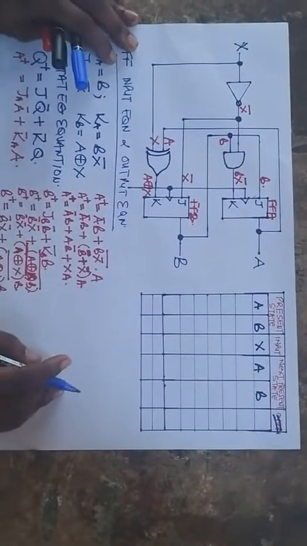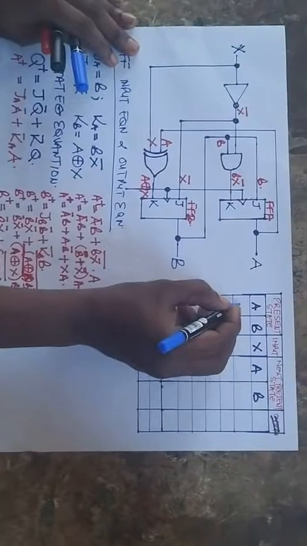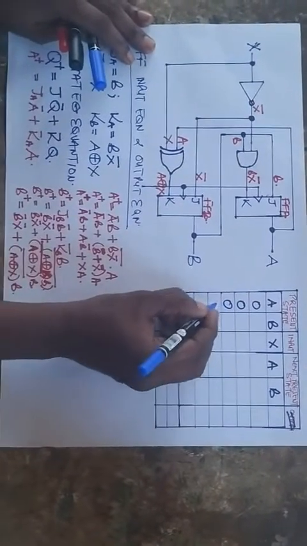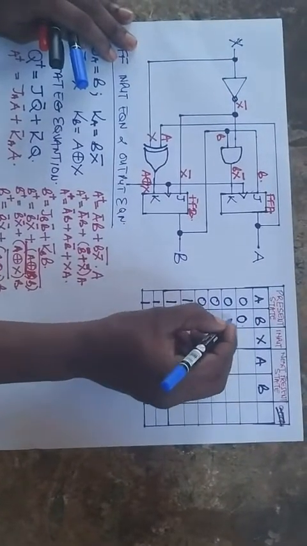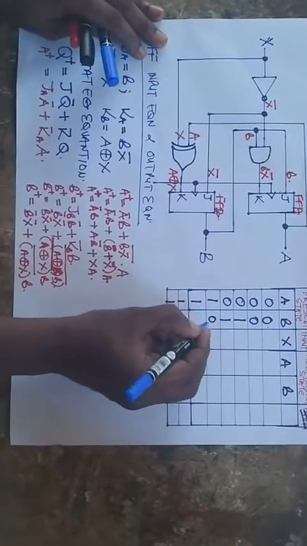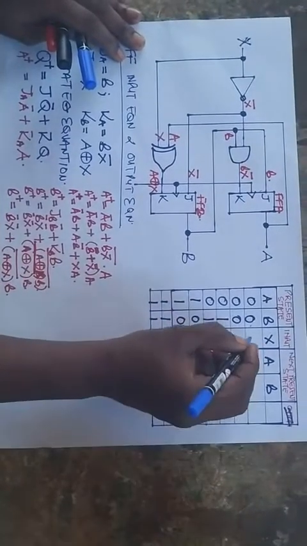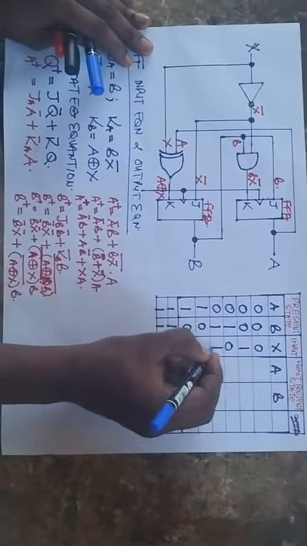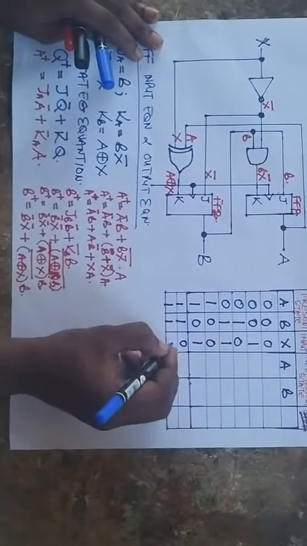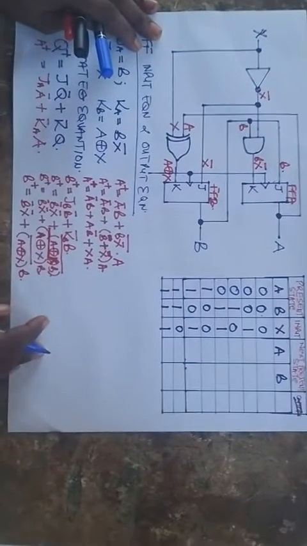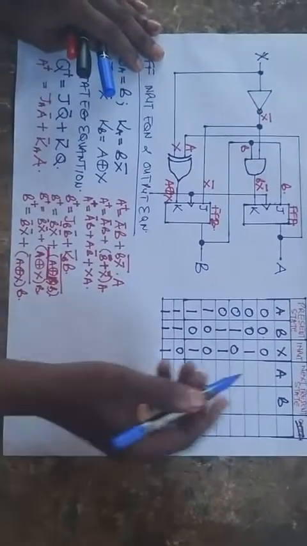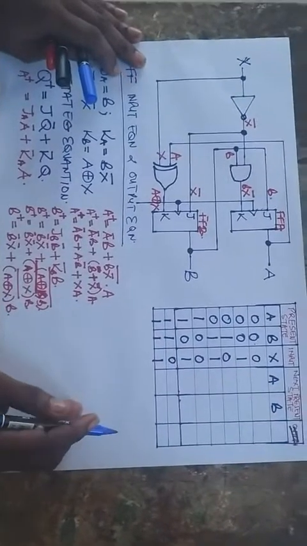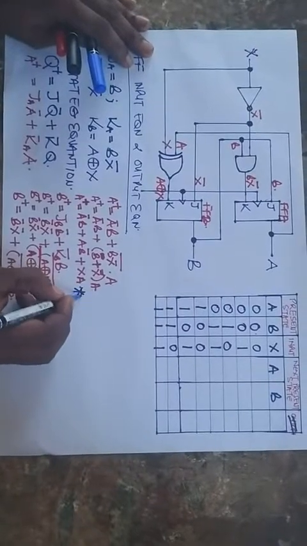Okay, so 3 inputs, right? So 0 0 0 0 1 1 1 1, 0 0 1 1 0 0 1 1, 0 1 0 1 0 1 0 1. Okay, so we now fill in the column for the next present state for A. Okay, and for A we are going to use this formula,